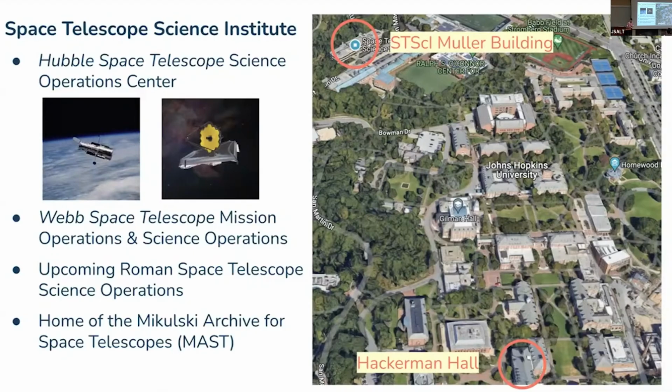Upcoming, we have a contract for the Roman Space Telescope, which I mentioned briefly. That's going to have a panoramic view, kind of like Hubble's, but it's going to enable us to survey the sky at great scale, and that's going to really let space telescopes enter this era of big data. So the Science Operations Center is also going to be hosted at Space Telescope.